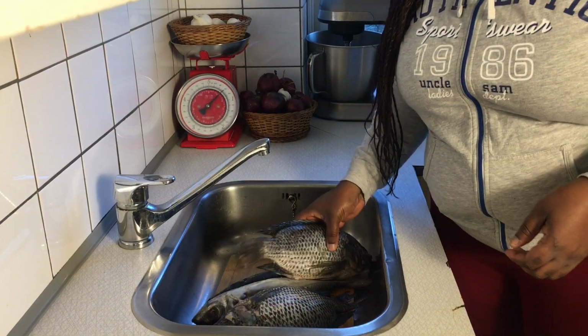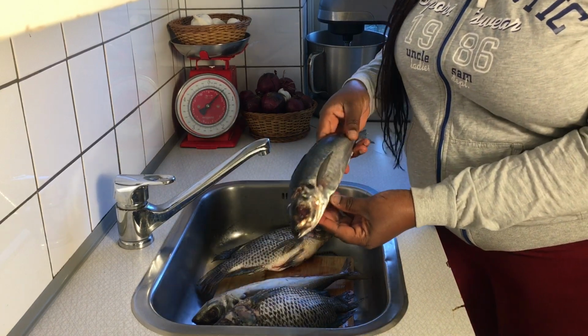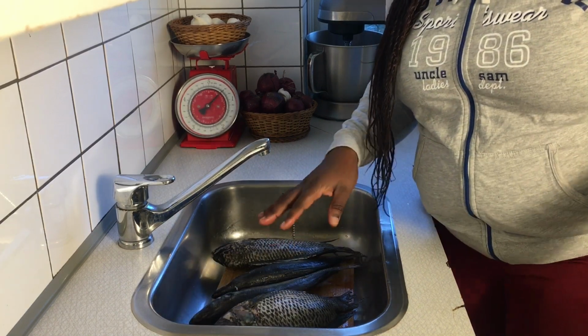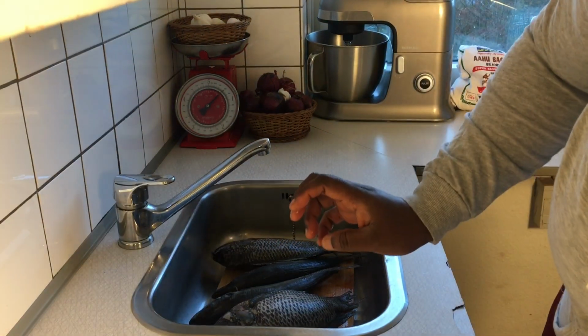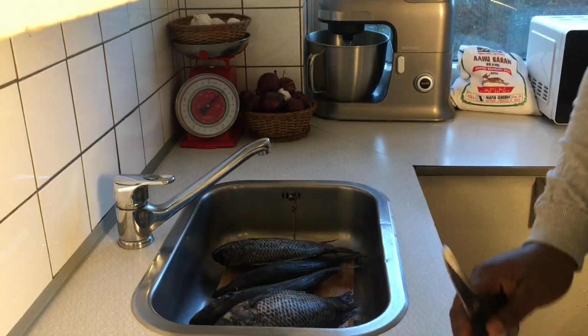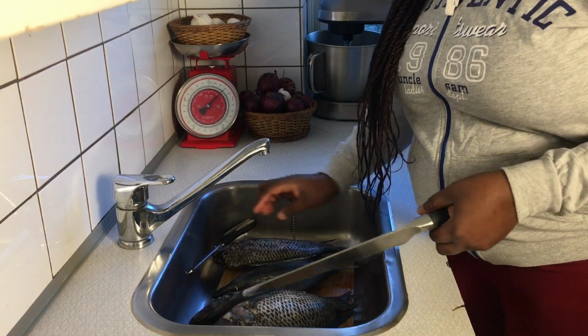Okay guys, so what I have here is my tilapia and my mackerel fish, and I'm using horse mackerel. What we are going to do now is to clean the fish, the internal area of the fish. So I'll get out my knife and my scissors, and then we are going to trim off the scales of